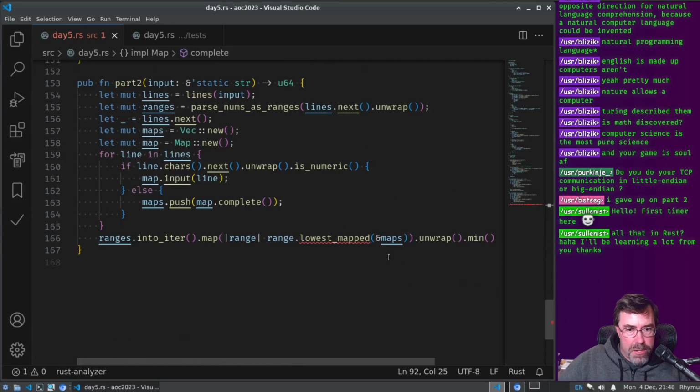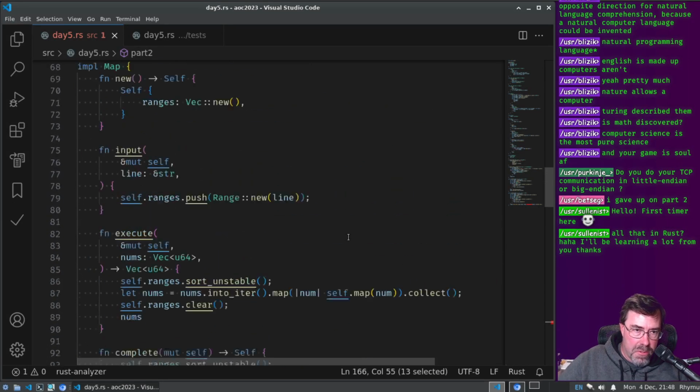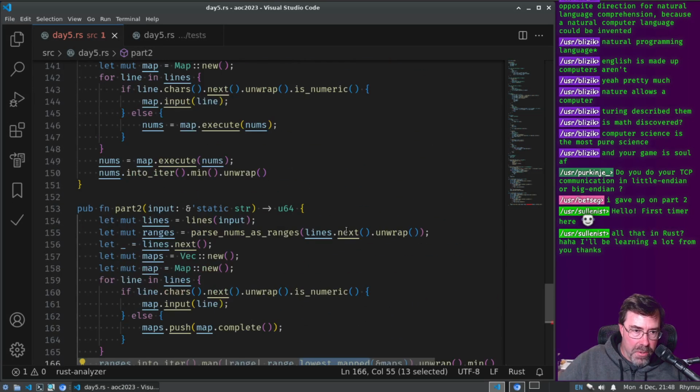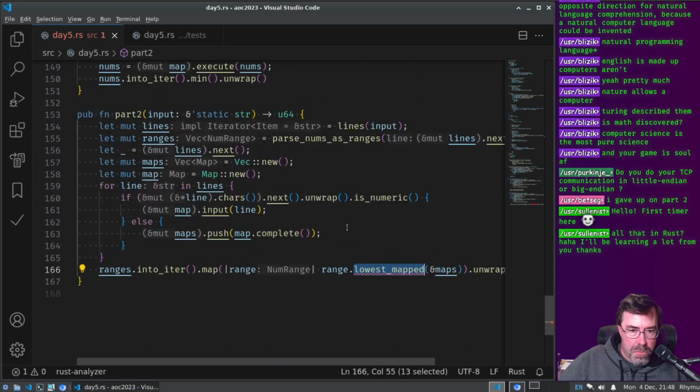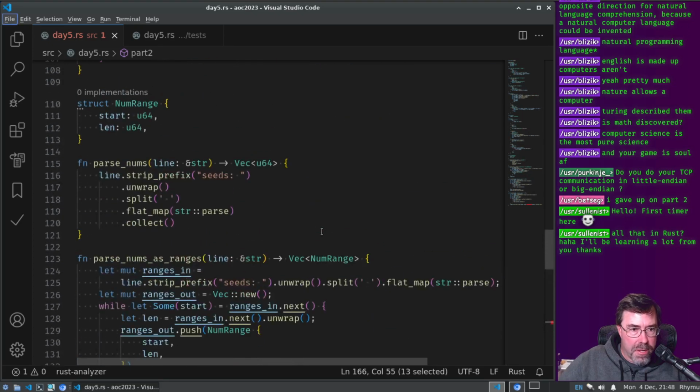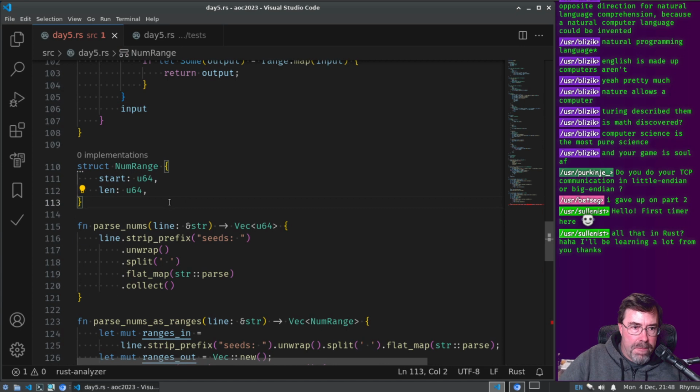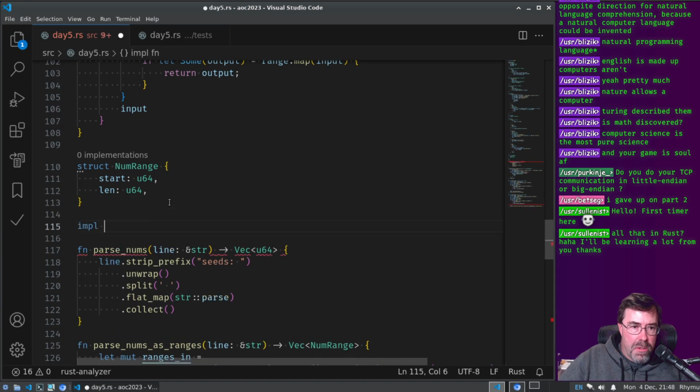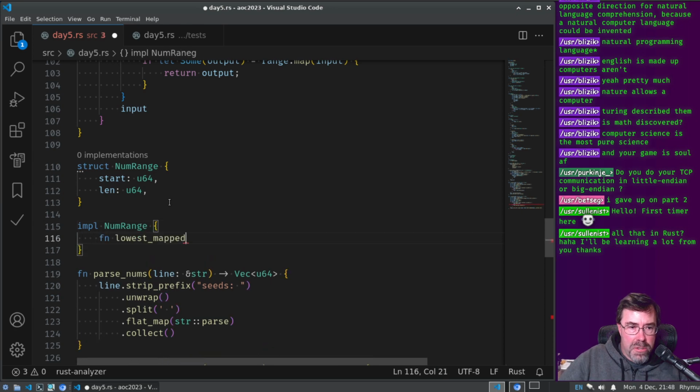Okay, so we need a lowest_mapped. That's on a NumRange, right? Yes, NumRange needs to have a function, lowest_mapped. It's going to borrow self.